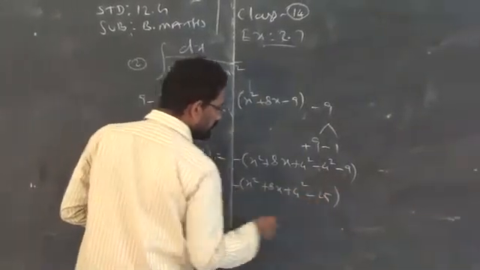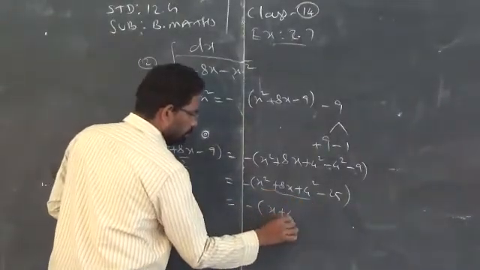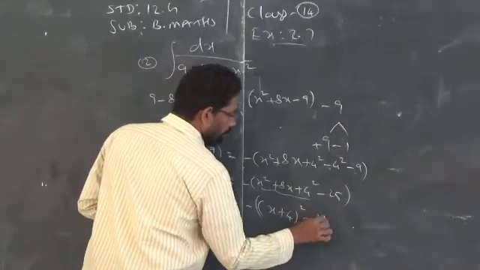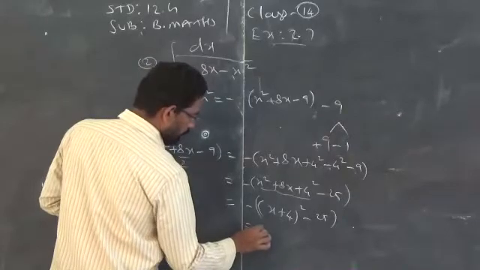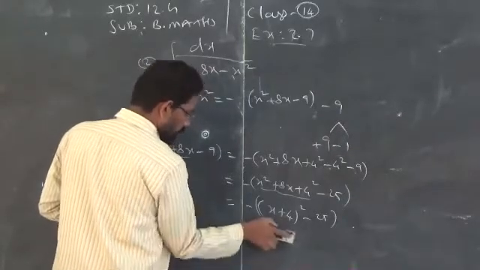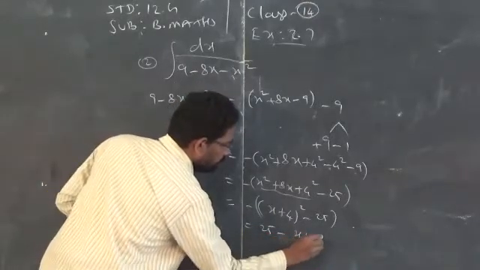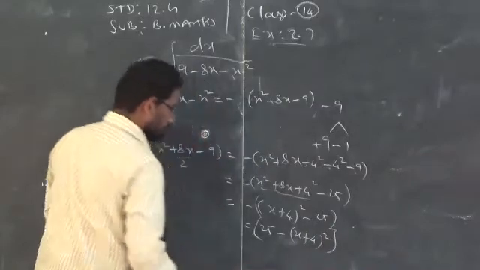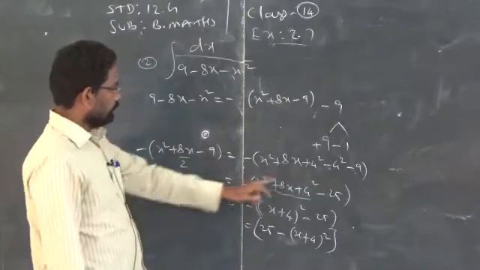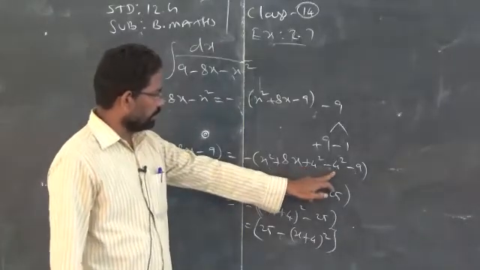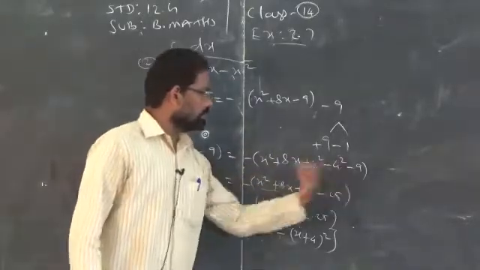which leaves you minus 25. Minus of, this will become (a plus b) the whole square. You take minus inside, x plus 4, that is minus into minus, plus 25 minus (x plus 4) the whole square. Clear? You divide the coefficient of x by 2, I got the quotient 4, add and subtract the square of the number. Already we have minus 9, just write it as it is.